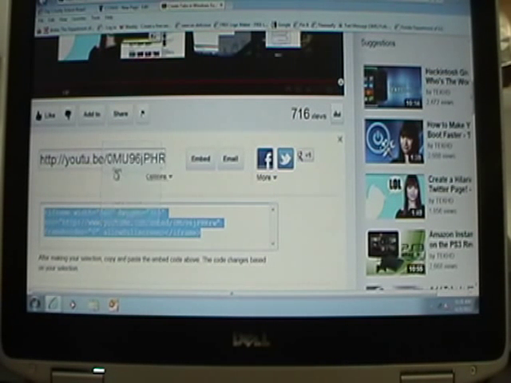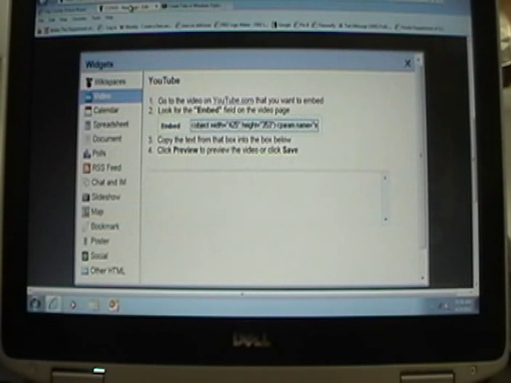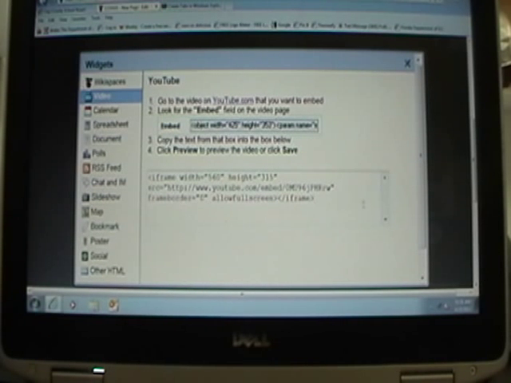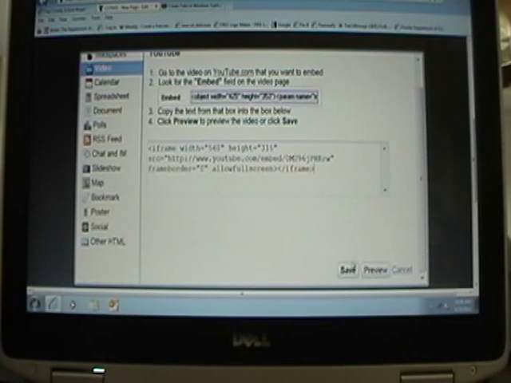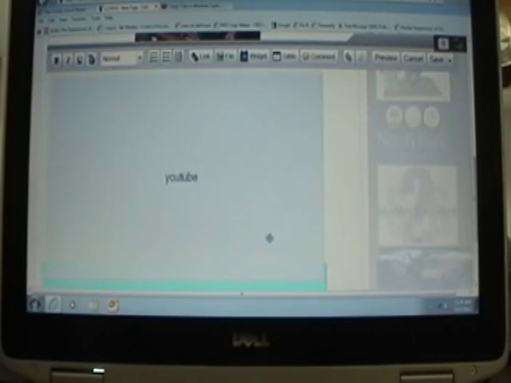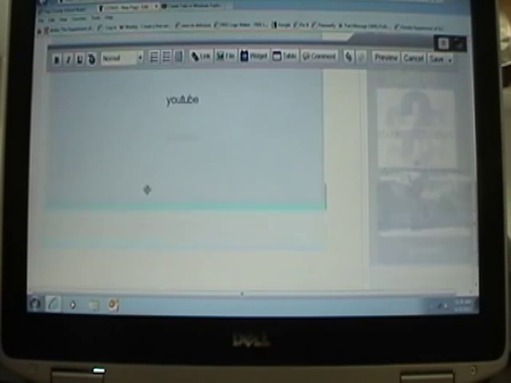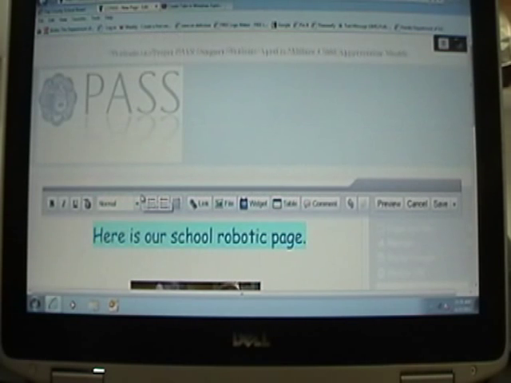So you're going to copy, go back to your CC Pass, go into this window right here, and paste it into that window. And now you want to go down and hit save. If you would like to hit preview and look at it, you certainly can. But I'm going to go ahead and click. It doesn't come up with the video because it's in the edited mode,